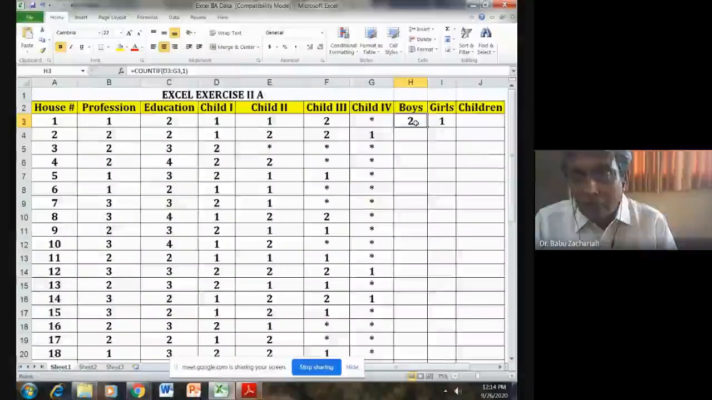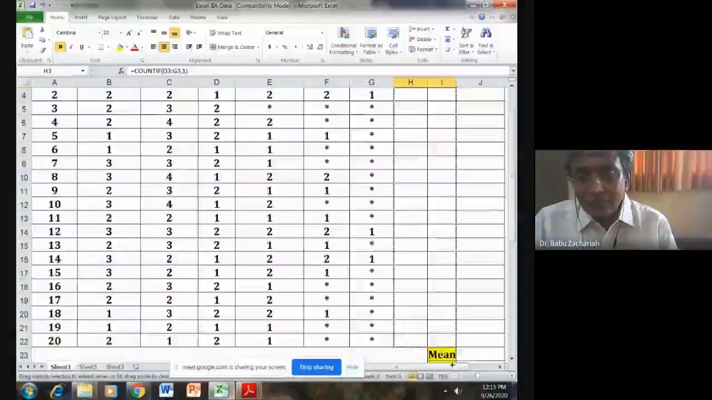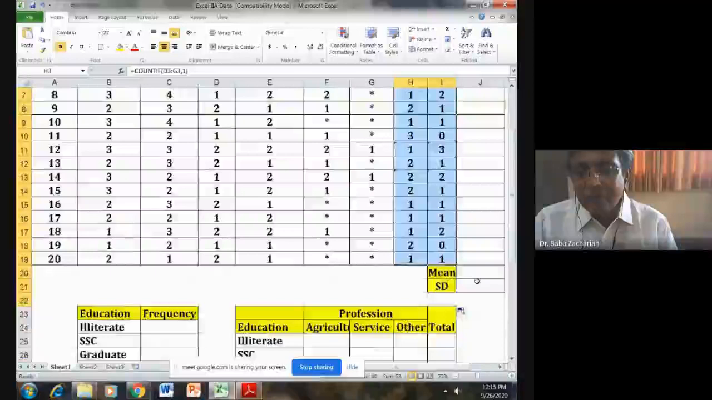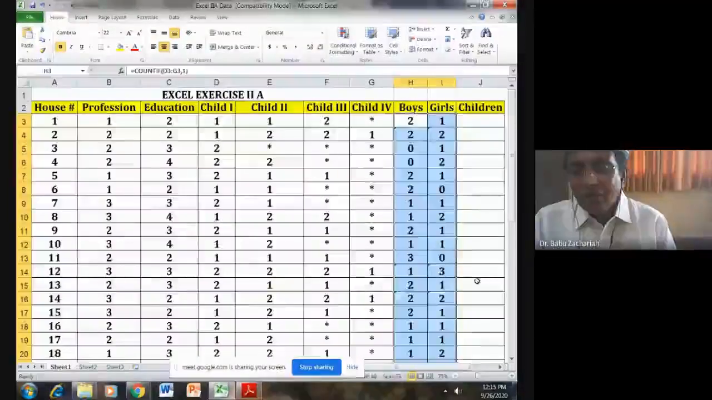Okay, so similarly, I can copy the other also. So what I will do, I'll select these 2. I'll simply copy it down. I have copied down all these things. Okay. So